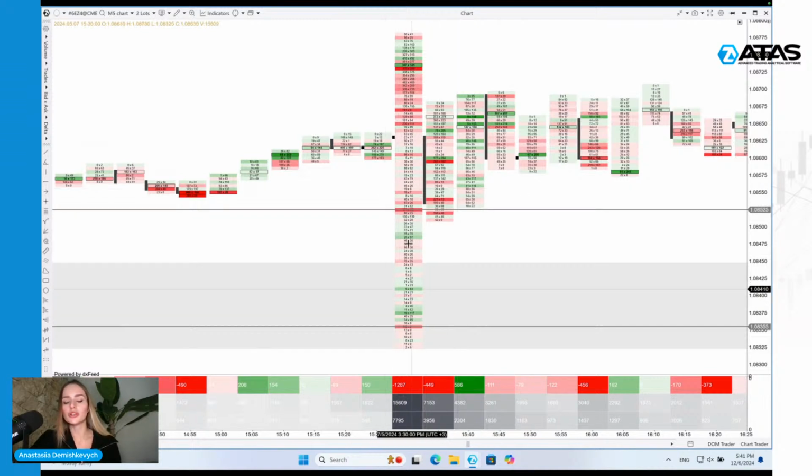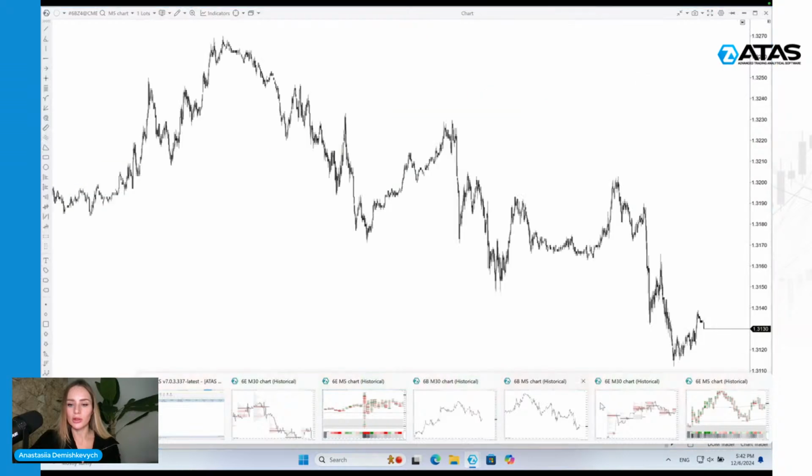This is also confirmation for us that sellers exhausted themselves. Because if the price would close as a strong full body candle without wicks on the bottom, and it would be the negative footprint, it would be the confirmation of strength of sellers. But because the candle looks like this,